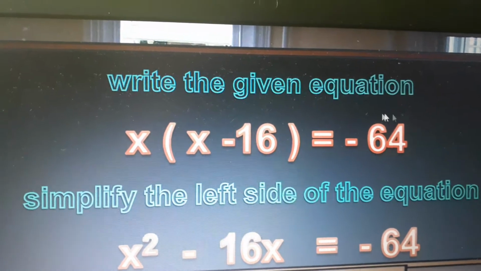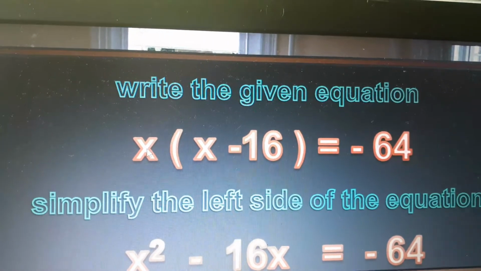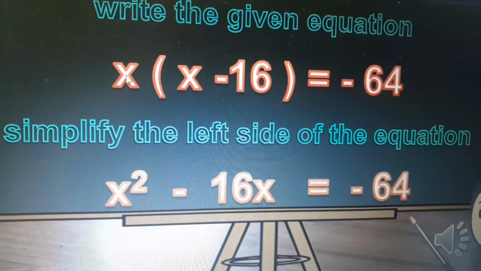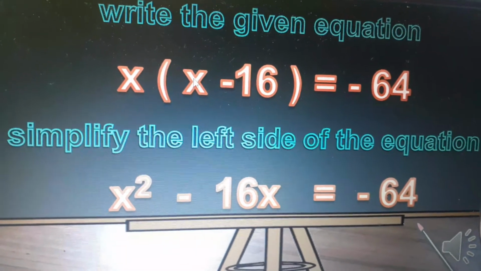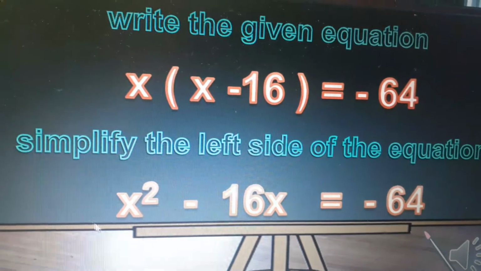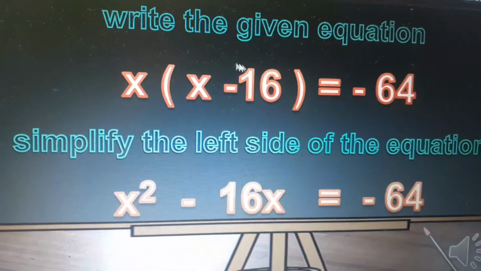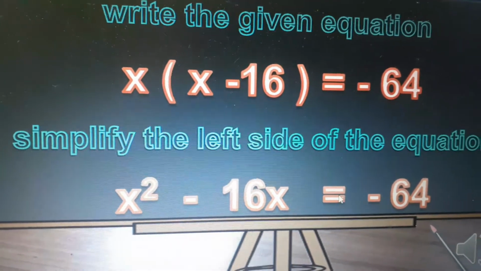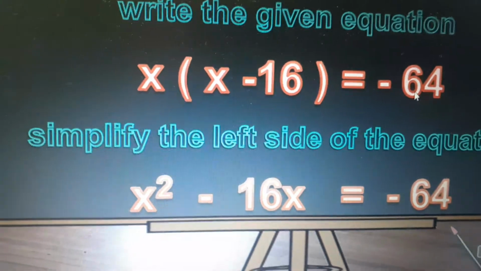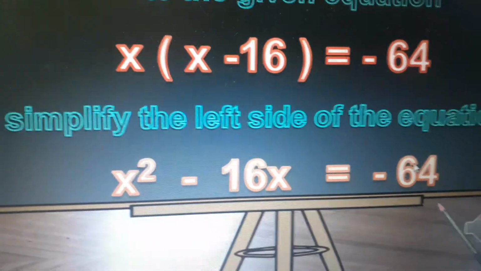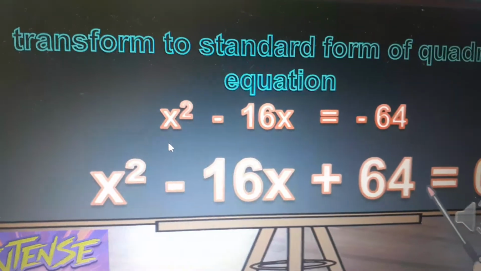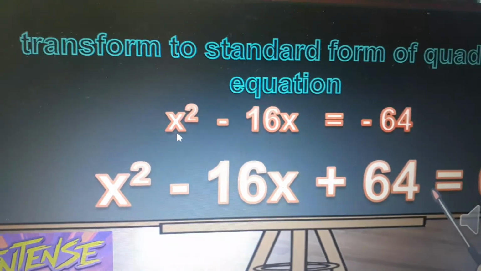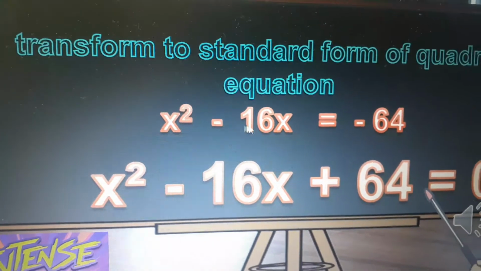Pagkatapos po natin isulat yung atin pong given equation, we have now to simplify. Ang ibig sabihin nun, we're going to multiply x times x, that is equal to x squared. Then we have x times negative 16, that is equal to negative 16x, which is also equal to negative 64. We just drop down negative 64. Pagkatapos natin i-simplify yung nasa kaliwa, ito ang sagot natin kanina, x squared minus 16x